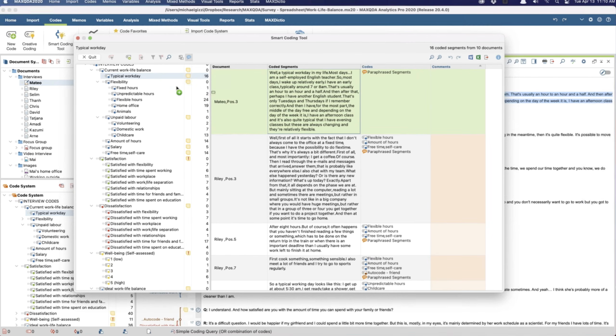I'm just going to make this up: flexible hours. Now it's showing flexible hours. It's also showing there's a paraphrase segment for this. I can right click, create and assign a new code. I can add in a comment for this segment.